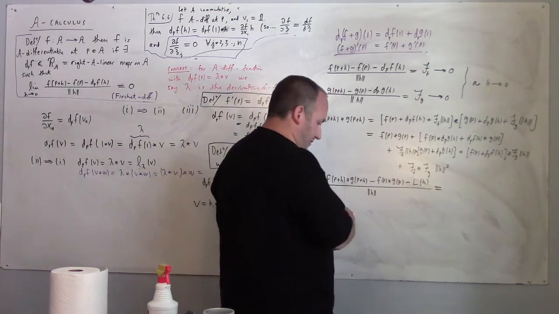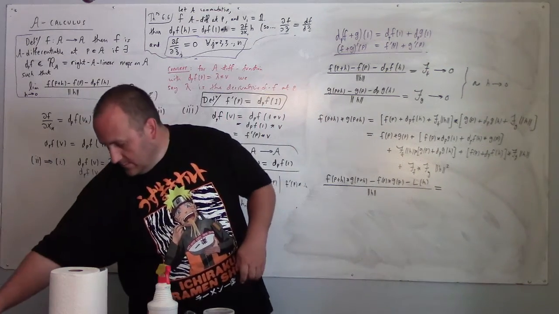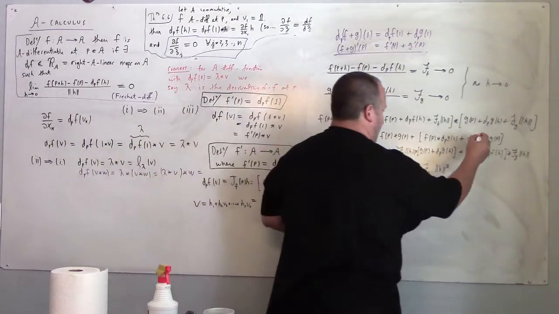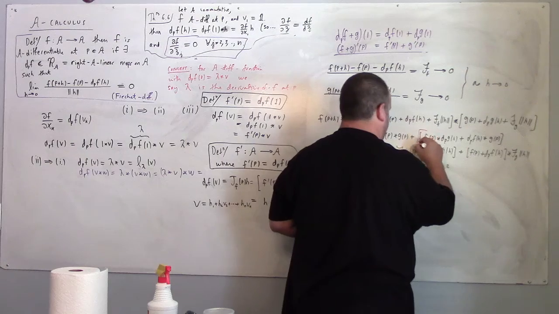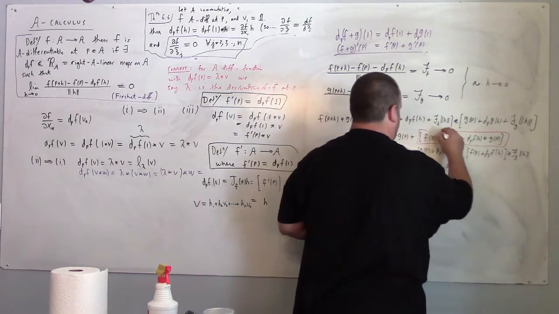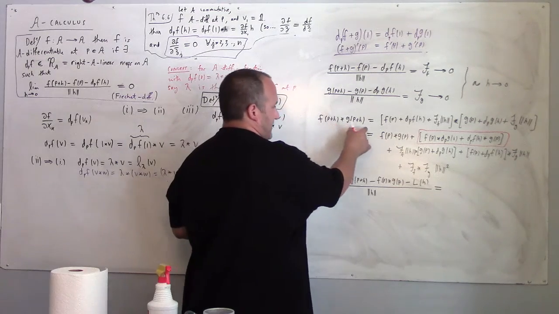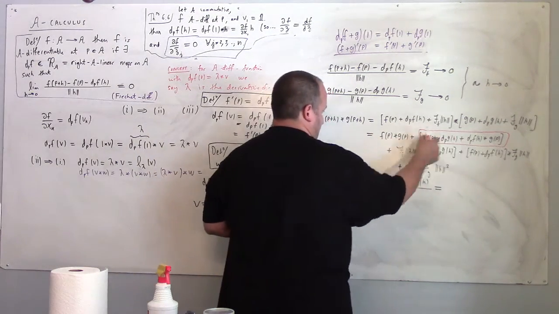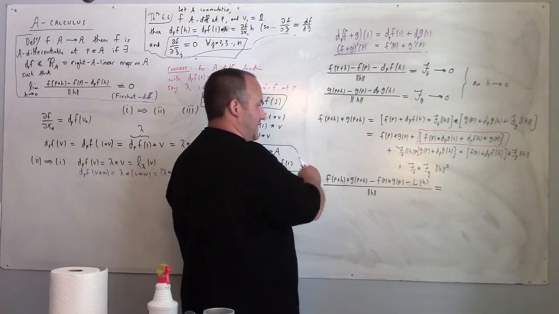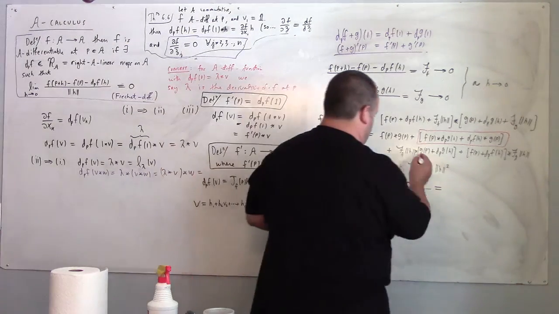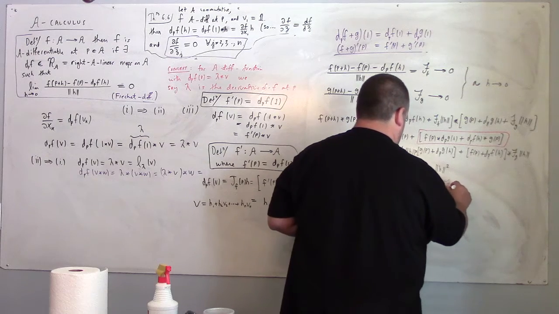And here L I'm going to define as this right here. Right, so I'm basically taking this minus that, and then I divide by the norm of h. Okay, so what I'm left with is this guy